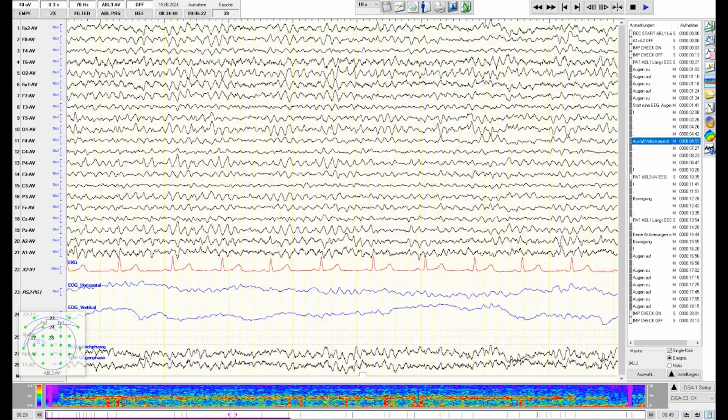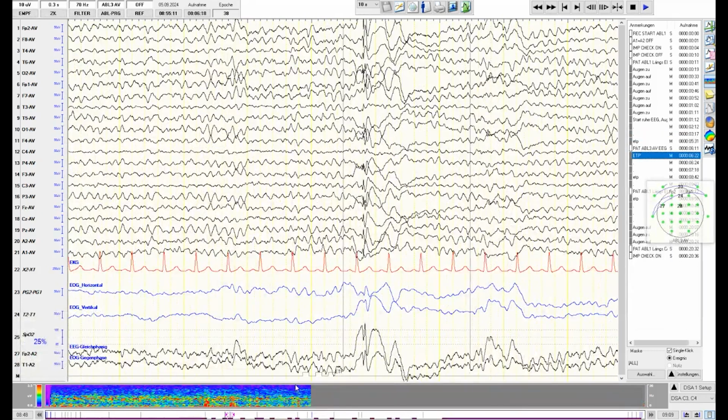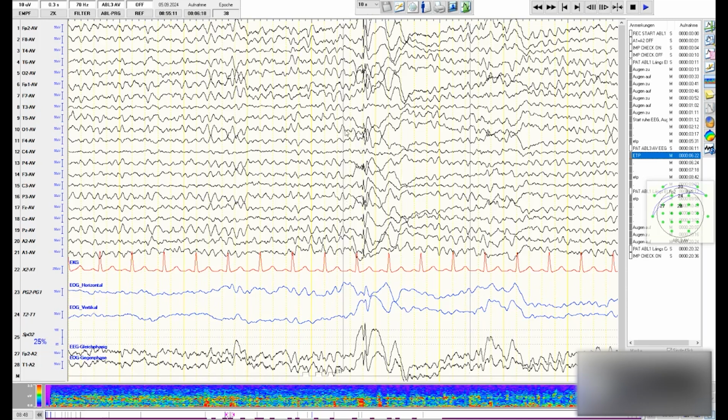And I will switch to the next EEG of this patient after receiving the clozapine. So we had this activity with the slowing before, as I showed you, and I marked it in yellow, and this is due to the medication the patient received with olanzapine, but there were no ETPs. But when we then started with clozapine, we saw some signs, as you can see over here, and I mark